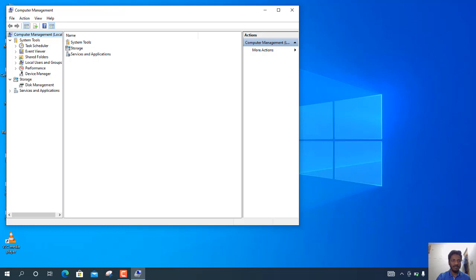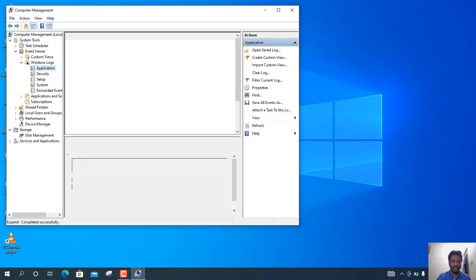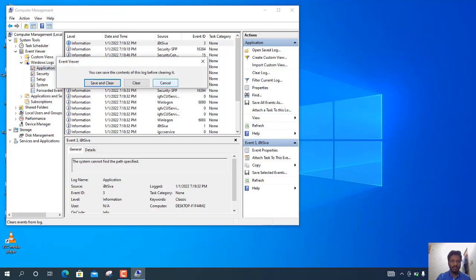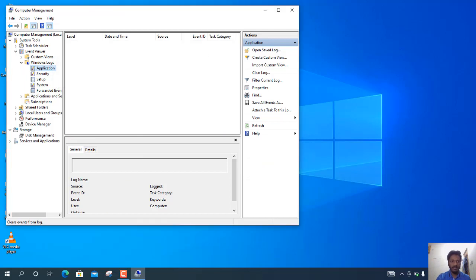Then go to Event Viewer, click the left icon of Event Viewer. Then click the left icon of Windows Logs, then click Application from the drop-down menu and see the left bar Clear Log option and click Clear Log, then click Clear,